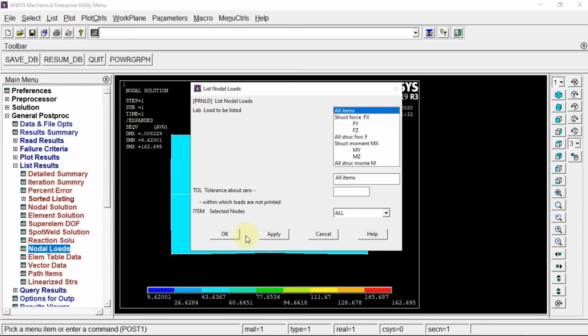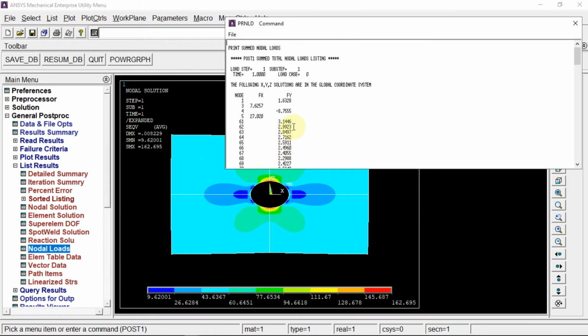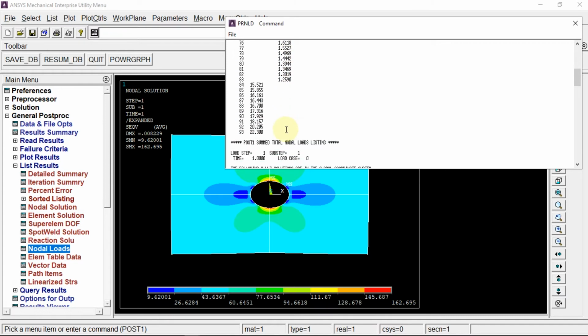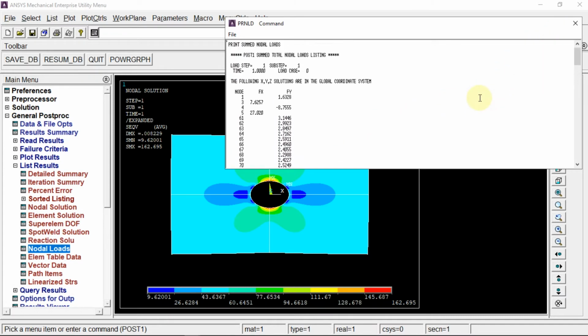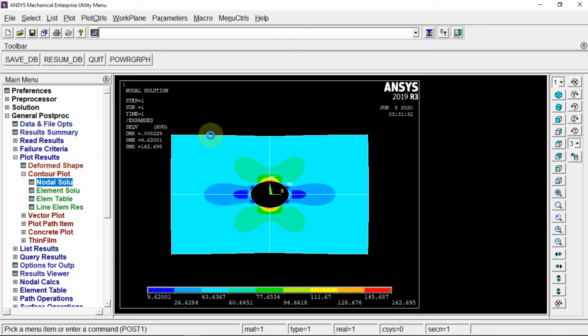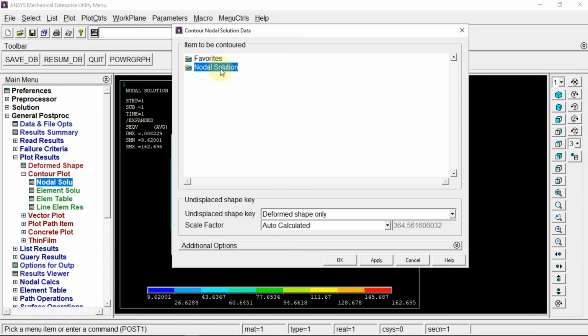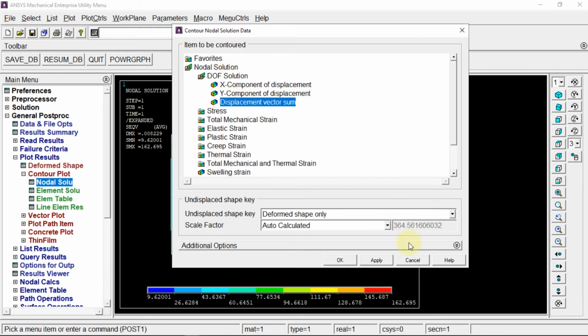Nodal loads, all items. So these are all the values of stresses that we have, and you can even plot result for nodal solution, DOF, displacement vector sum.